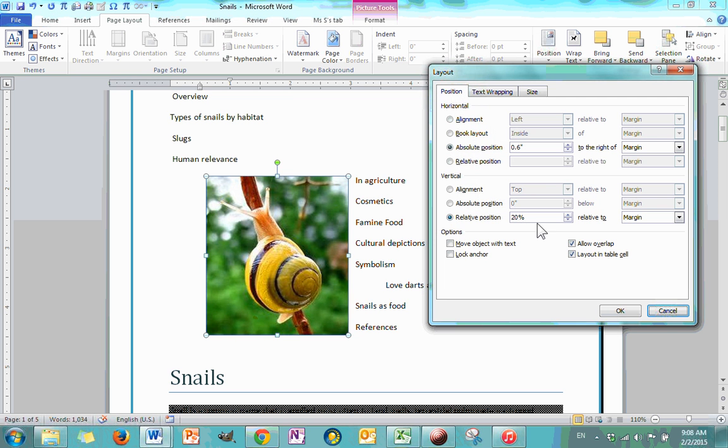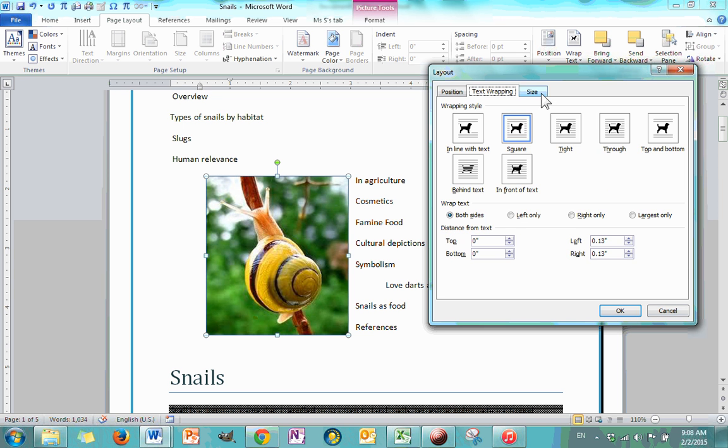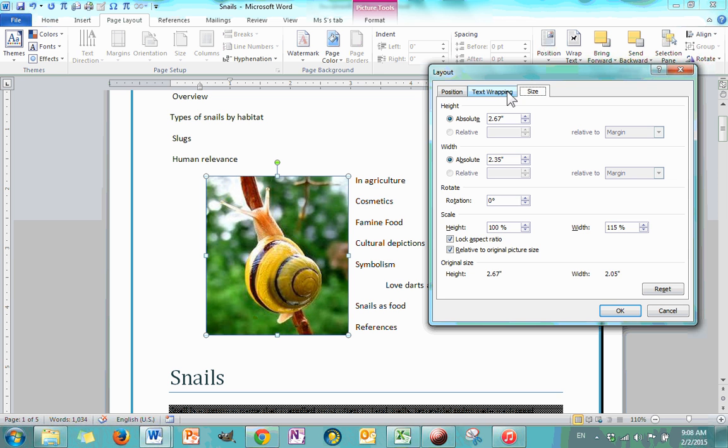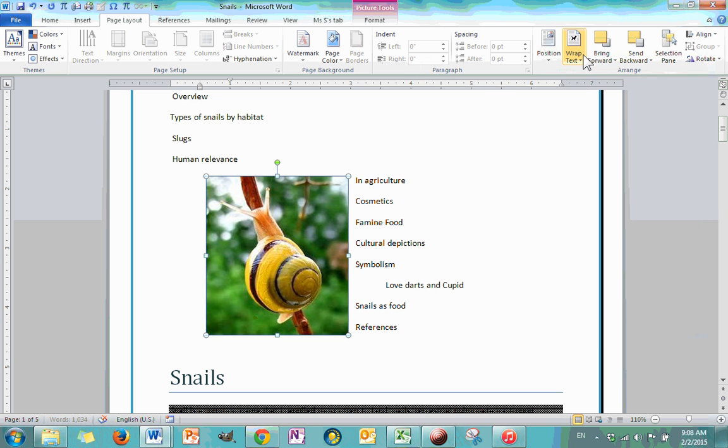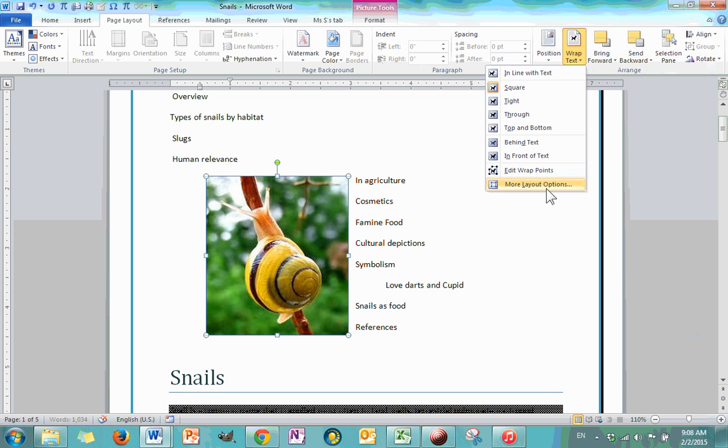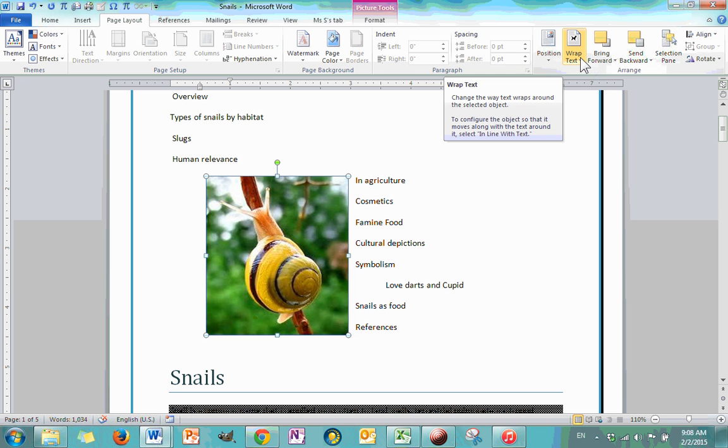Okay, you have some other options as well: move object with text, allow overlap, lock anchor, and then layout in table cell. We're not going to go into those options right now, but just know that they exist if you want to be even more picky. Now, in this dialog box, you have other tabs that are available to you, and those are also things that you can access with other buttons. So the wrap text,